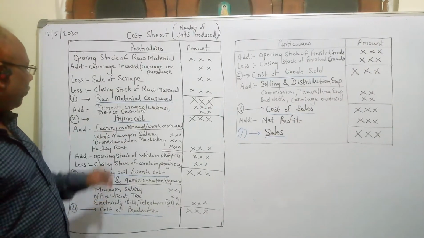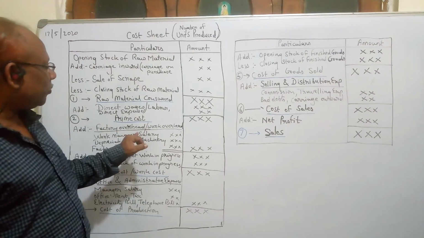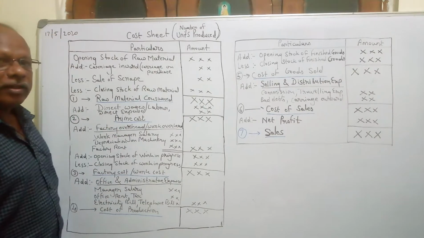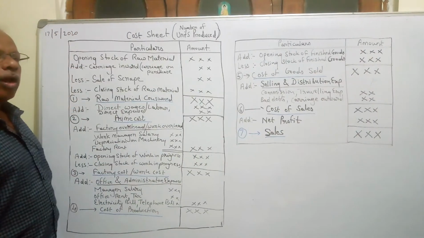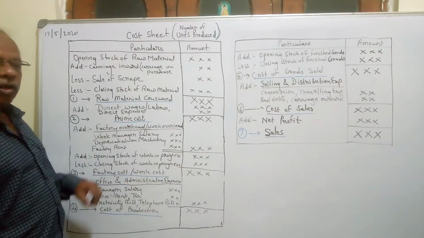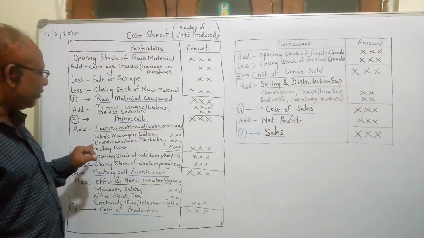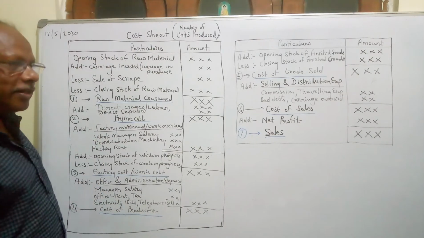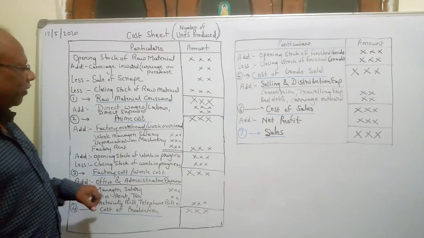Then to prime cost, the heading given is factory overheads or work overheads. Factory overhead means whatever expenses are related with the production or manufacturing, all are written under the head of factory overheads or work overheads. So what are factory overheads? For example, we can write factory rent, depreciation on machinery, work manager salary. So these are all factory overheads.